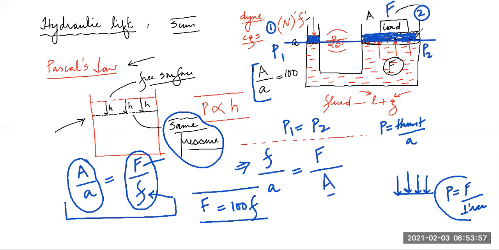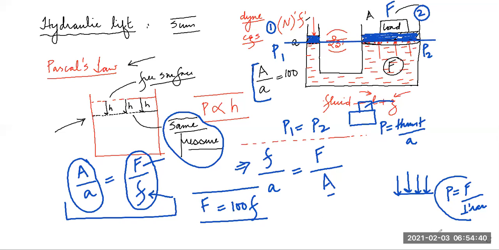So what is the application of this? When it goes up, the load is there, so it applies the upward force. When it applies the upward force, it is able to measure the mass or weight of the load. This is the advantage of the hydraulic lift. It's used for measuring the weight or the load carried by a tractor, trolley, whatever it is. How do they do it? Let's say they want to find the load on the truck, so they know the mass of the truck, and then they will weigh the mass with the load. So they will subtract the mass of the truck and they will know how much load is there. So this force is 100 times f.